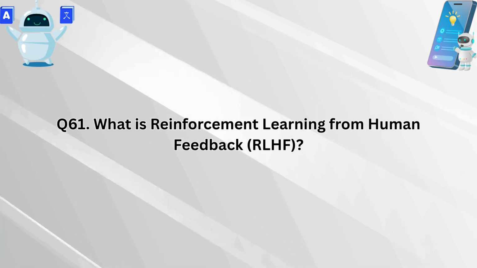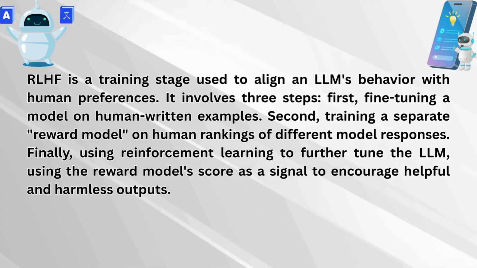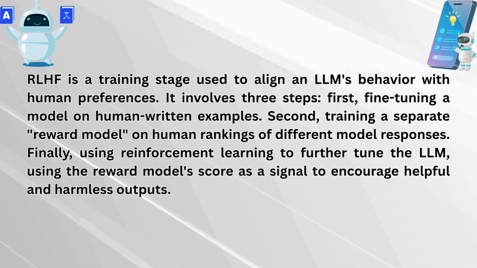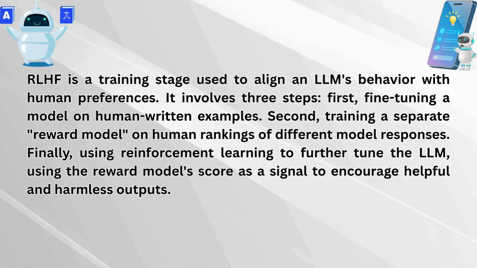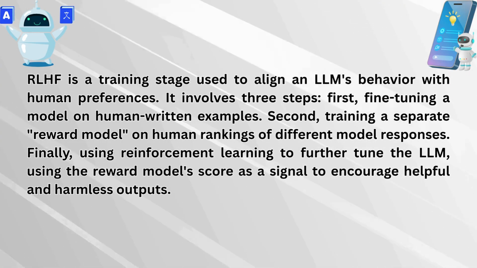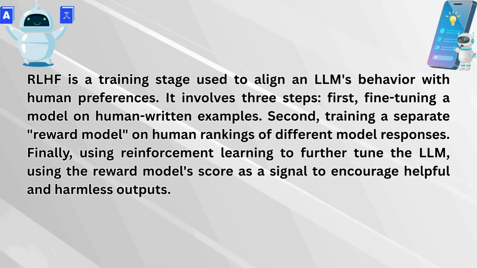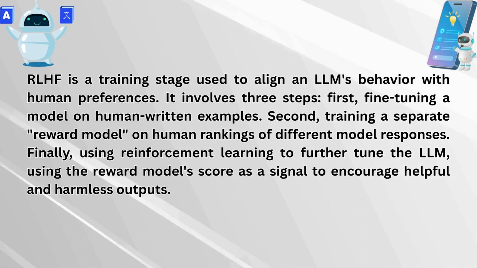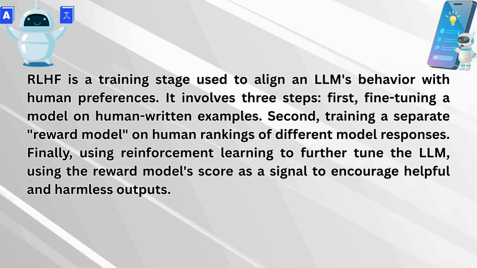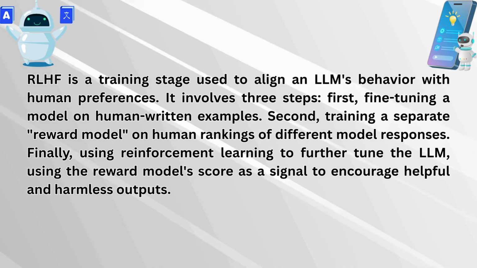What is reinforcement learning from human feedback? RLHF is a training stage used to align an LLM's behavior with human preferences. It involves 3 steps. First, fine-tuning a model on human-written examples. Second, training a separate reward model on human rankings of different model responses. Finally, using reinforcement learning to further tune the LLM, using the reward model's score as a signal to encourage helpful